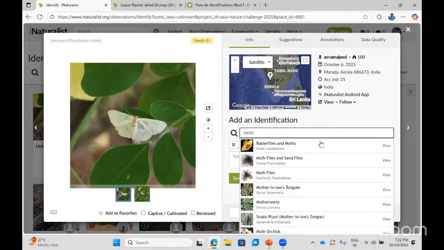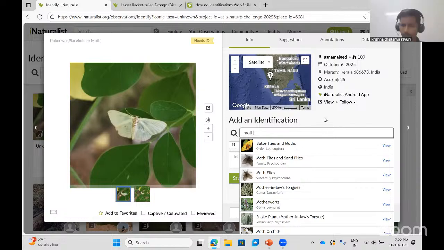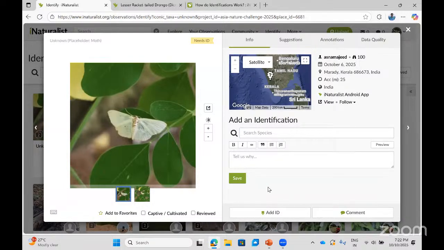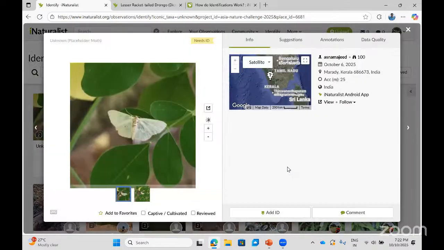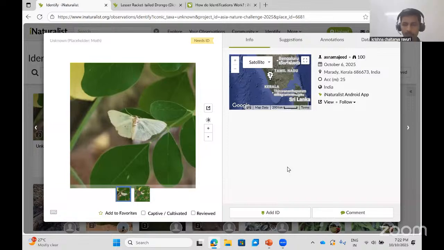Just 1 second, I wanted to interrupt here and draw everyone's attention to the placeholder which is mentioned there. In this case, the placeholder is moth, very straightforward. But if someone has mentioned a placeholder, then we usually suggest to copy the placeholder in the tell us why option. Yep, okay, you can continue.